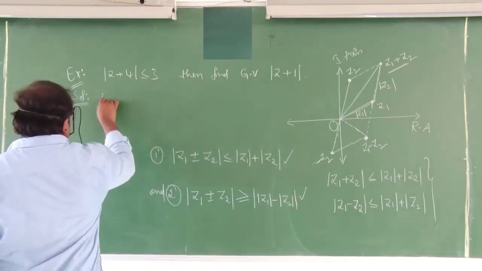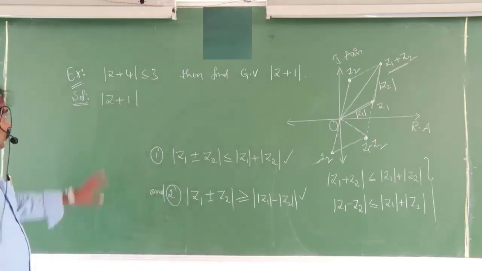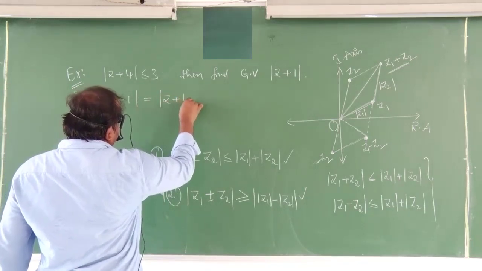So modulus of Z plus 1, I can write this value as modulus of Z plus 4